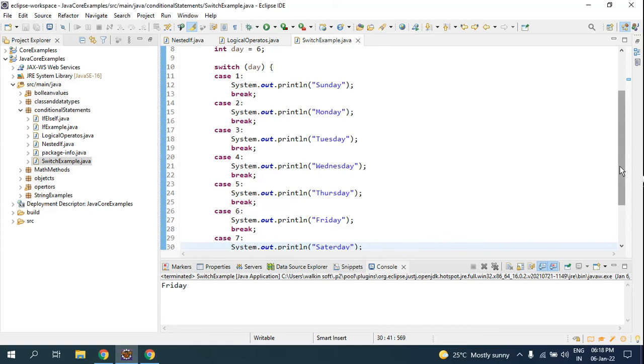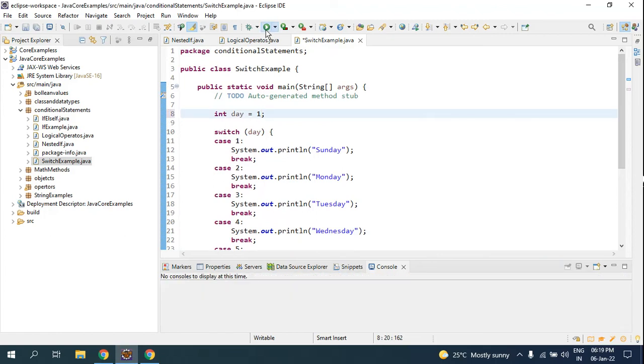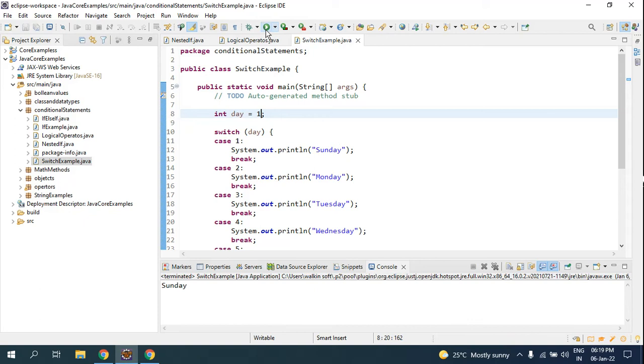So what if I give the value here as the first day of the week? This is the first day. I should pull out Sunday. If I run it, look, you are able to get the value Sunday.